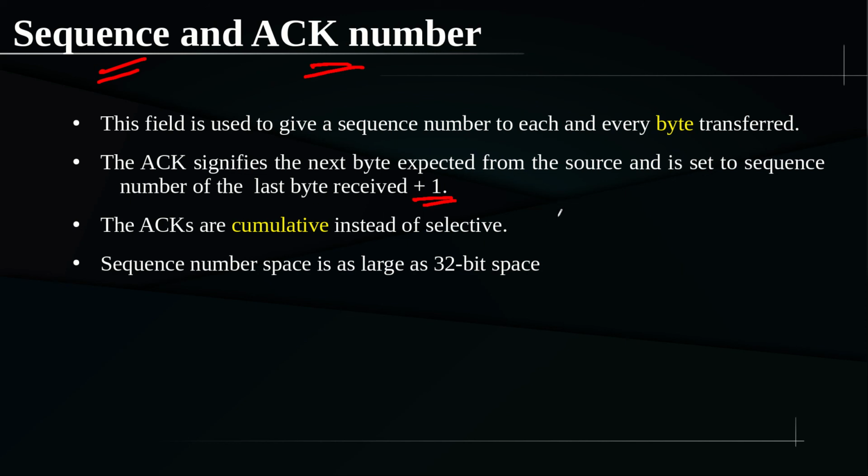So we have a concept called the wraparound time. It is the total time taken for consuming all the 2^32 sequence numbers, right? Using 32 bits, we have 2^32 sequence numbers possible, from 0 to 2^32 minus 1. As soon as you finish giving them, again you will start giving 0. The total time taken for this wraparound to occur, that is, for all the sequence numbers to be consumed and for us to start using sequence number zero again, is called the wraparound time, and you can calculate that for a typical internet given its speed and so on.